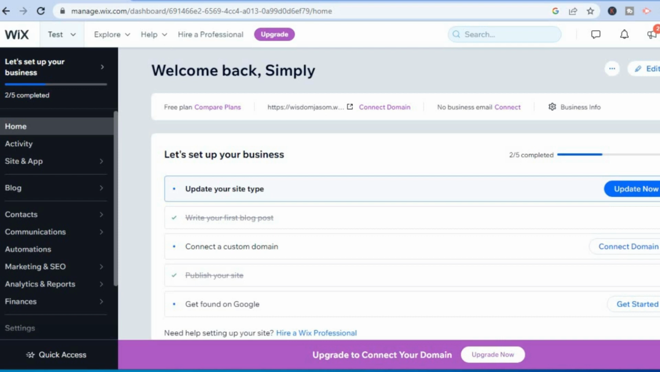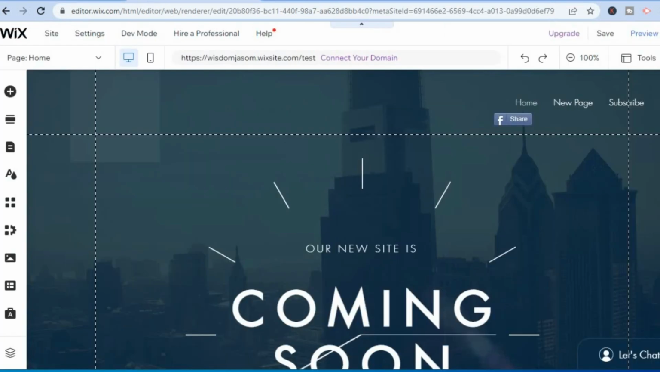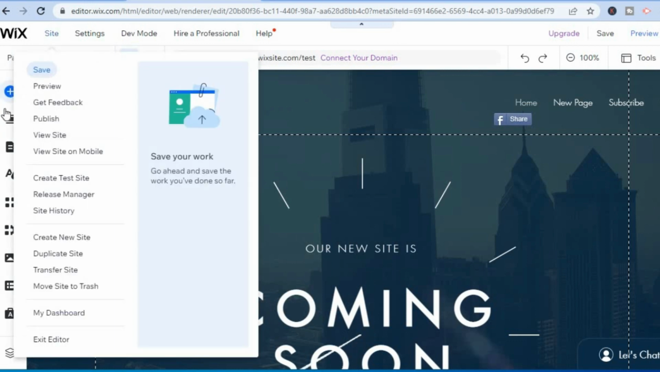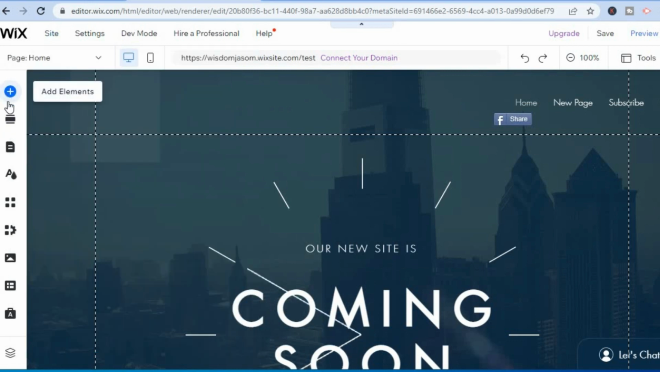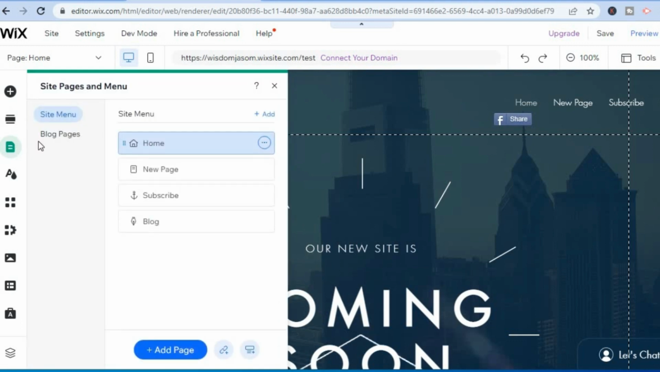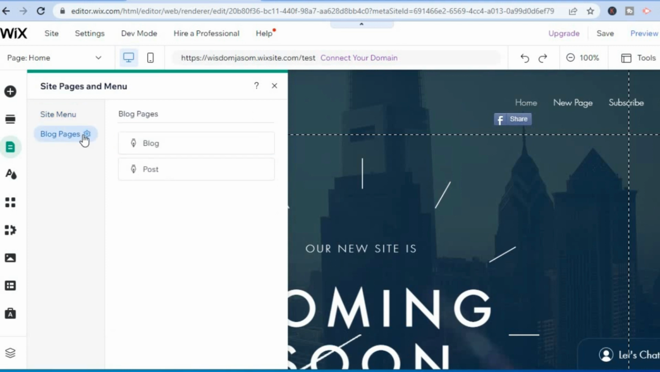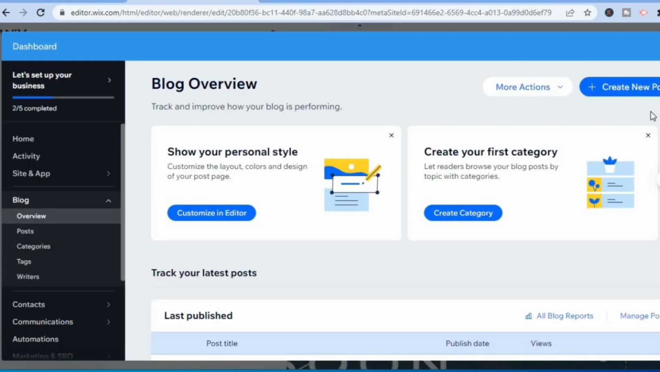After selecting Edit Site, you'll be redirected to this page, and from here I want you to go over to the top left hand corner and you are going to select Pages and Menu. Once you have selected Pages and Menu, you are going to tap on Blog Pages. Then you are going to tap on the Settings icon right beside Blog Pages, and you are going to tap on Manage Posts. From here, you are going to scroll down